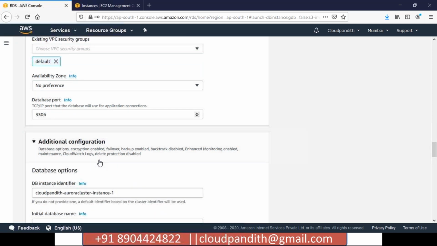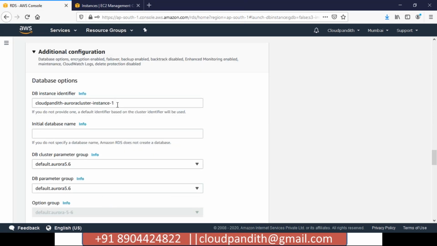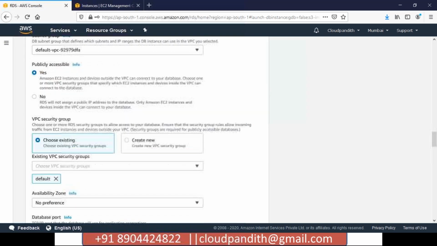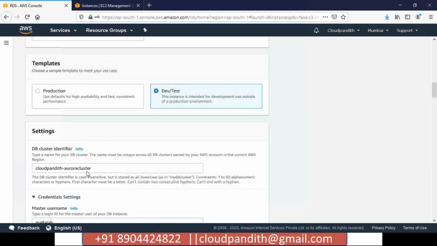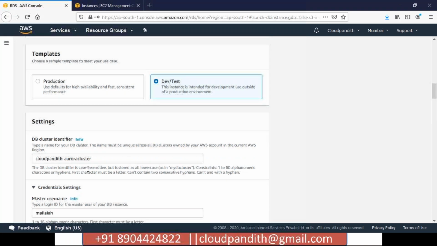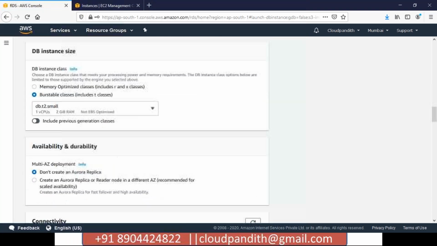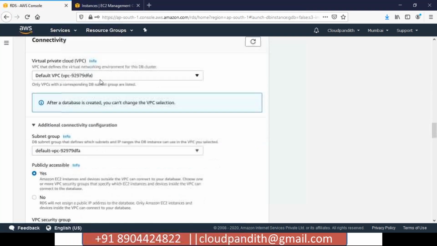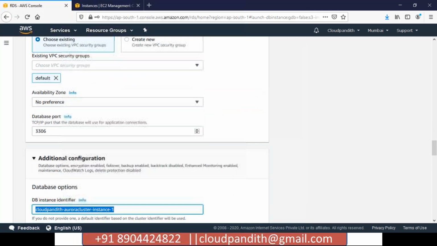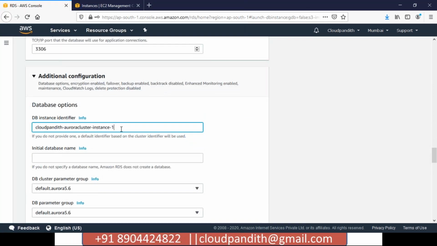Click on additional configurations. So this is your initial DB. Here, whatever name you have given, this is your cluster name, Aurora cluster. Come down here. You can have a DB instance identifier.